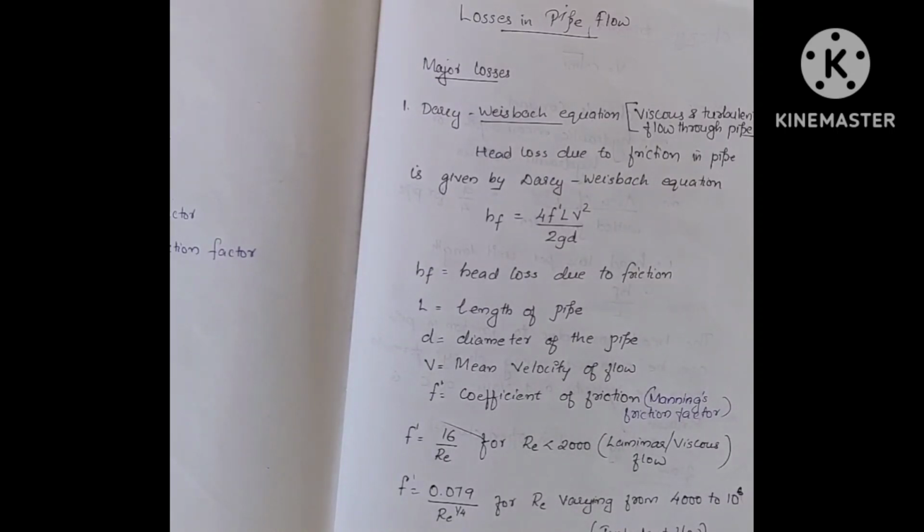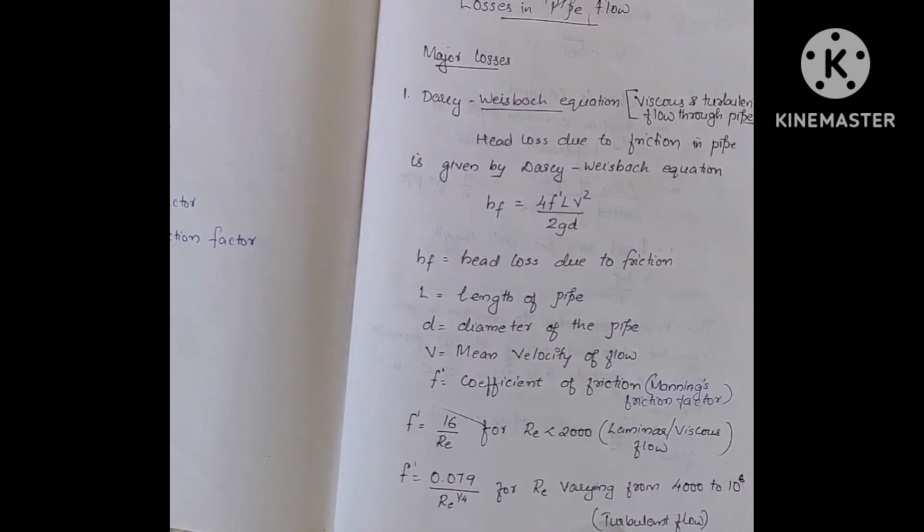First one, major losses. Head loss due to friction in pipe can be found out by using, first one, Darcy-Weisbach equation. This Darcy-Weisbach equation is used for both viscous and turbulent flow, and it can be found out by using the equation hf is equal to 4f' L V square by 2gD. hf denotes the head loss due to friction in pipe. f' is the coefficient of friction, or it's also called Fanning's friction factor. L gives the length of pipe and V is the mean velocity of flow,